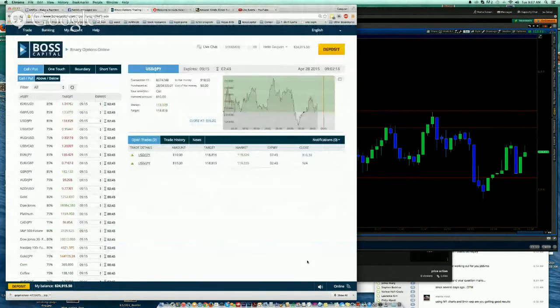Okay, we're currently in the trade right now. As you can see, both of them are in the money. Got a little 2 minutes to go on this one, 7 minutes to go on this one. This one I took for 10 minutes. This one I took for 15. How I got my entries